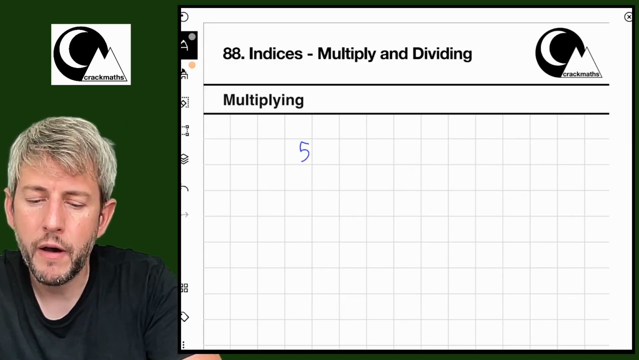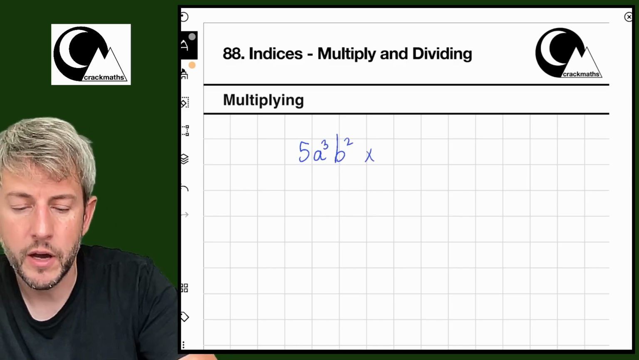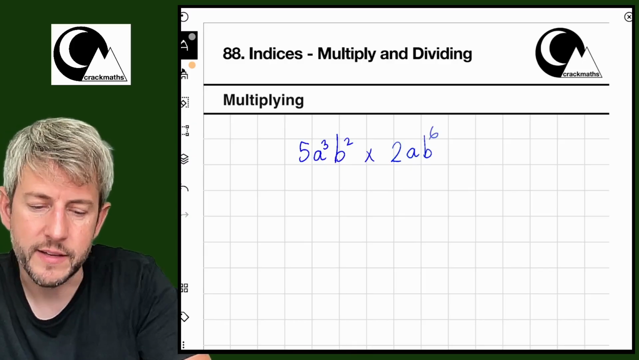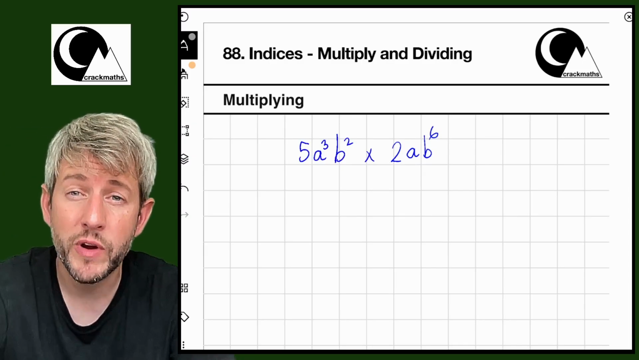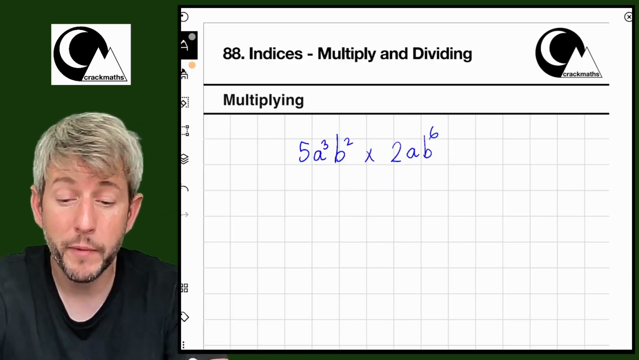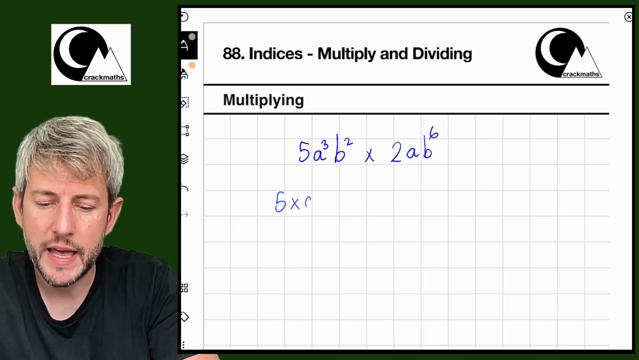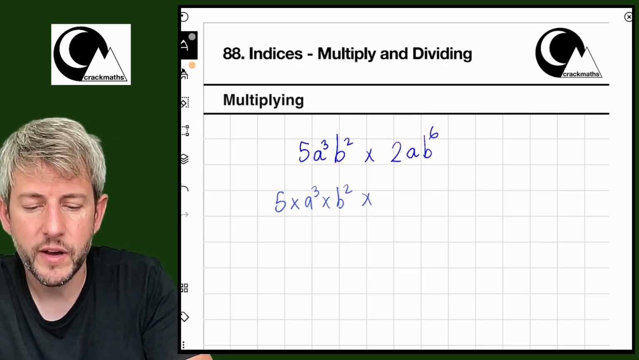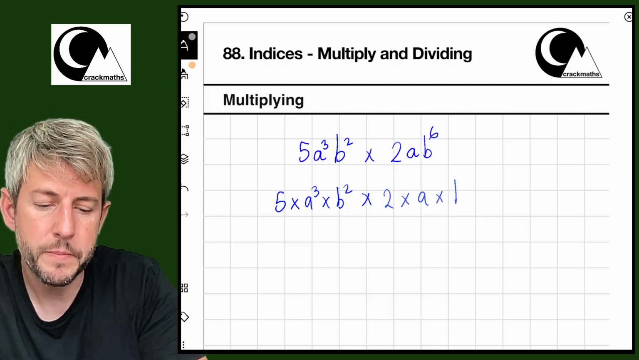Okay, let's try 5a to the 3 b to the 2 times 2a b to the power of 6. Now remember, when we see letters and numbers written next to each other, they are all just being multiplied together. So this first one is just 5 times a cubed times b squared, and then we've got our times sign, and then we've just got a 2 times an a times a b to the power